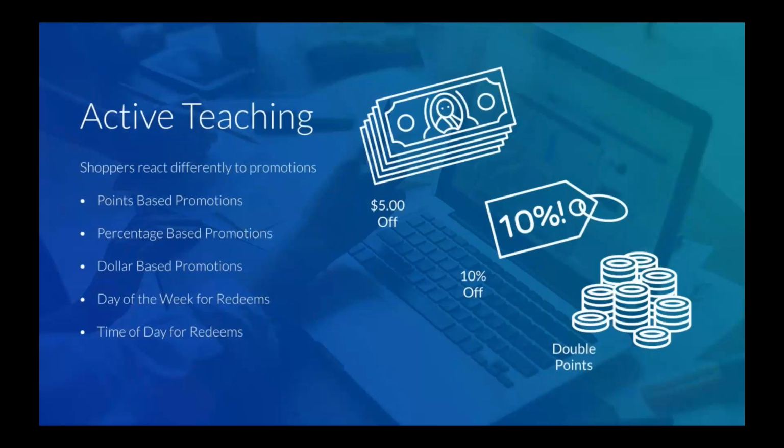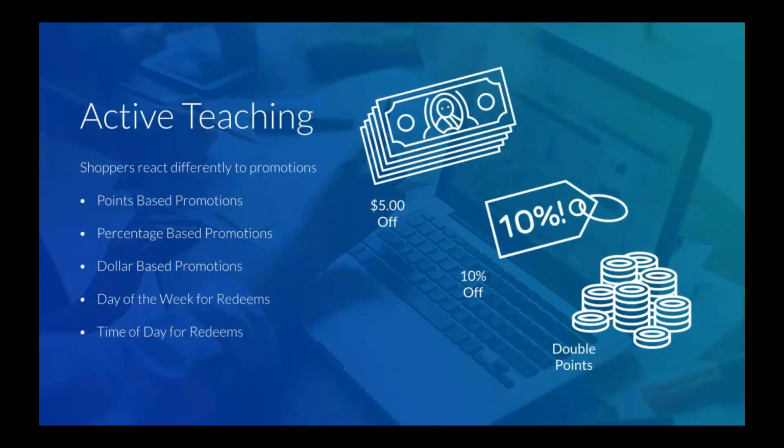Now on to active learning. So active teaching is an action that we take to influence shopper behavior. So this kind of stuff includes marketing via email and SMS. It could also include things like automated messages that are triggered by shopper behavior, and even promotional events and much more. From the passive learning process, we get the normal baseline of behavior of each shopper, which allows us to measure the success and failure of any marketing effort designed to manipulate shopper behavior. The AI is designed to track, learn, and analyze shopper behavior to enable it to personalize content that each shopper is most likely to react to.